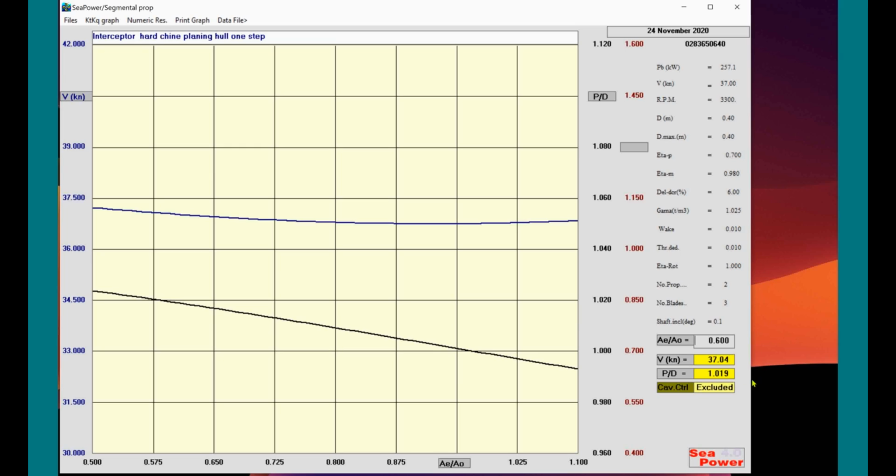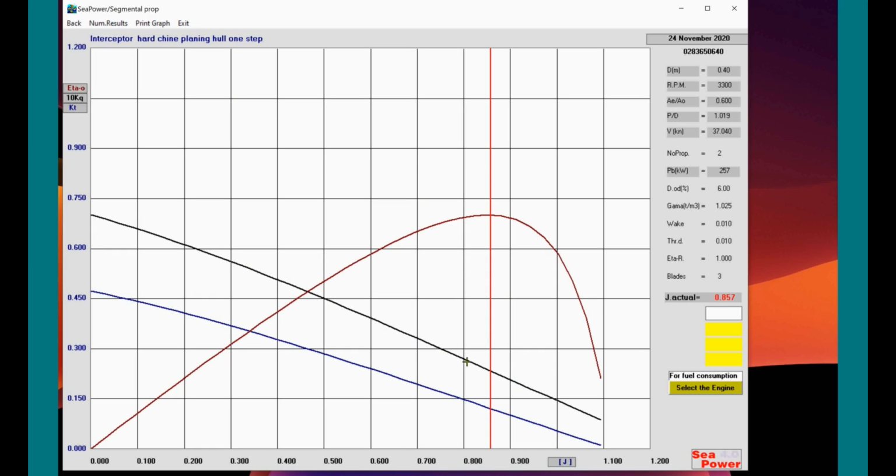The pitch diameter ratio is 1.019. So speed, pitch diameter ratio, expanded area, and number of blades is 3, 2 propellers, of course. And now we have to take this. This information is sufficient for the propeller. Once we have this, we can proceed with the KT/KQ graph, and now we'll proceed with the fuel consumption and efficiency